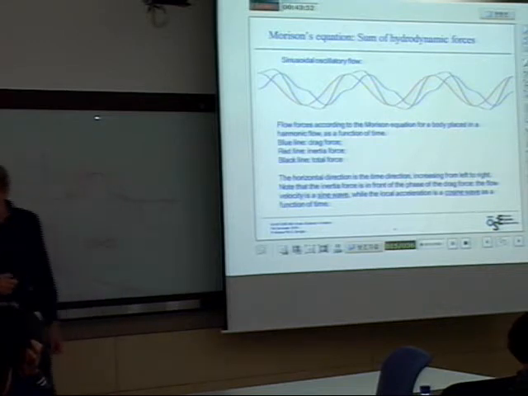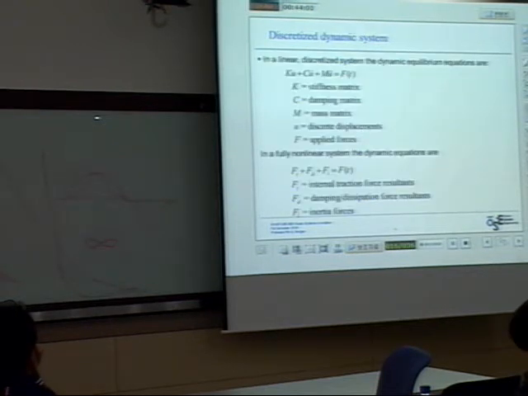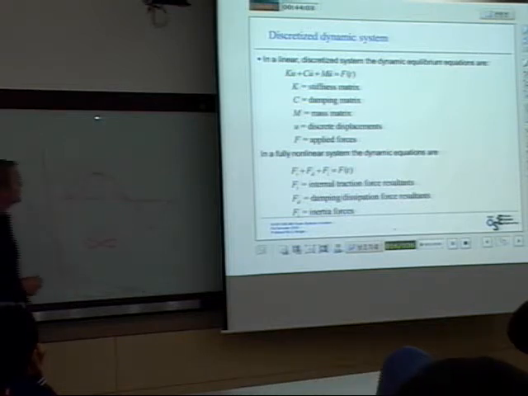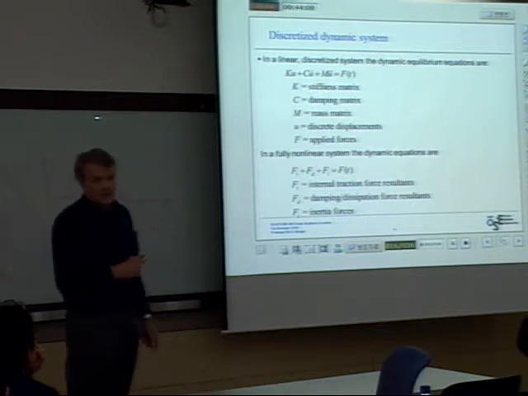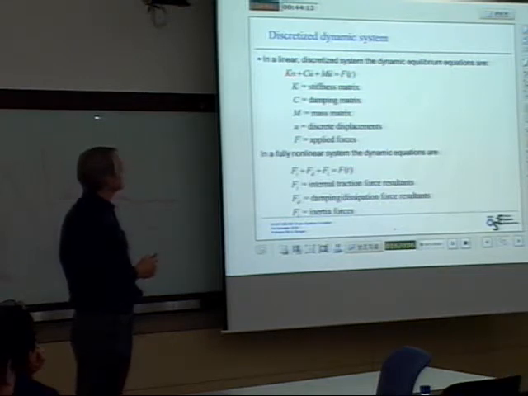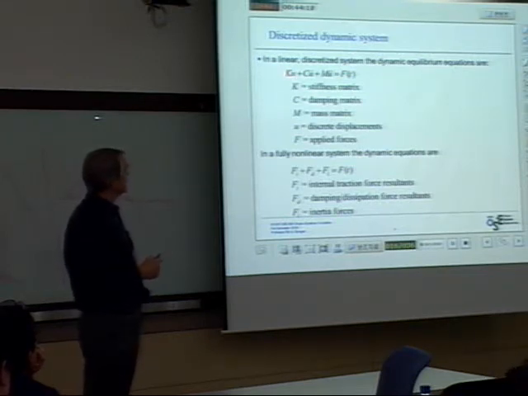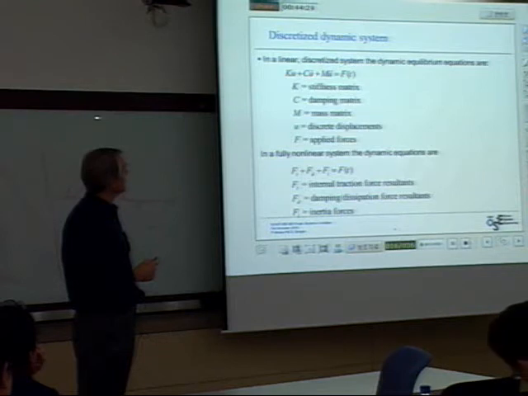But what is often done is you have to simplify the drag term, because you do a finite element analysis, right? So linear finite element, and here in this case, u is the displacement. So the stiffness matrix times the discrete nodal displacement vector,